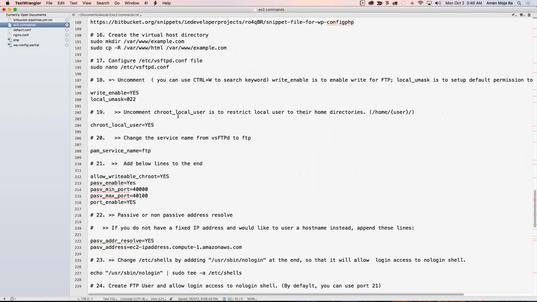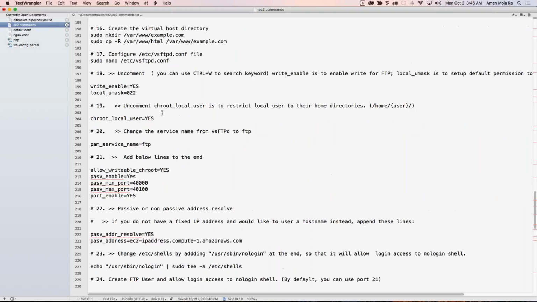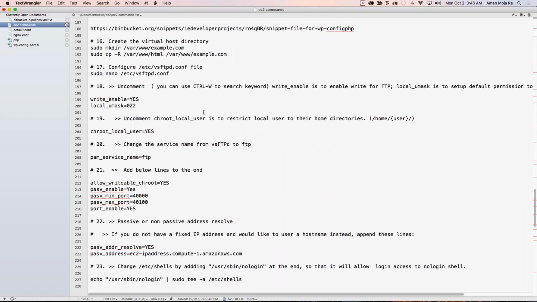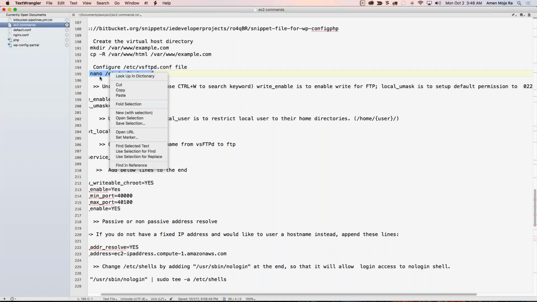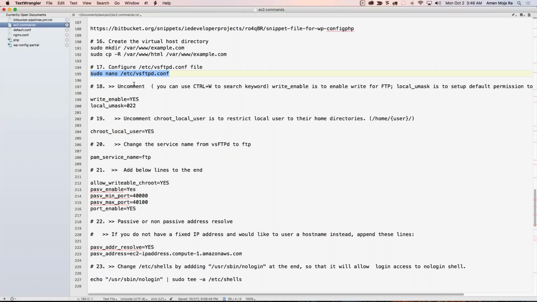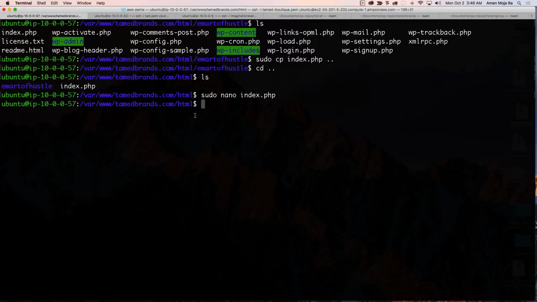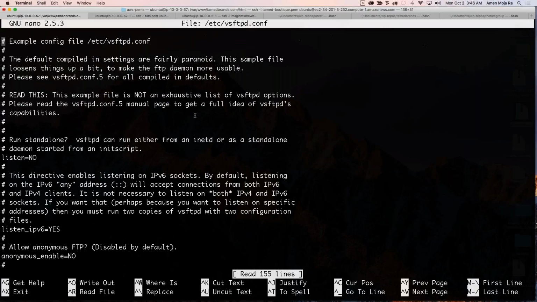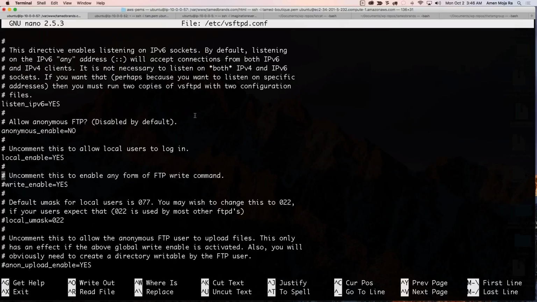And that starts down at number 17. So we're going to go ahead and edit our FTP conf file. And this is real simple and real quick. So do that. Paste that. So I want to come down here, and now you can search for it with Control W, but I pretty much want to write enable, uncomment that out, and I want to unmask I